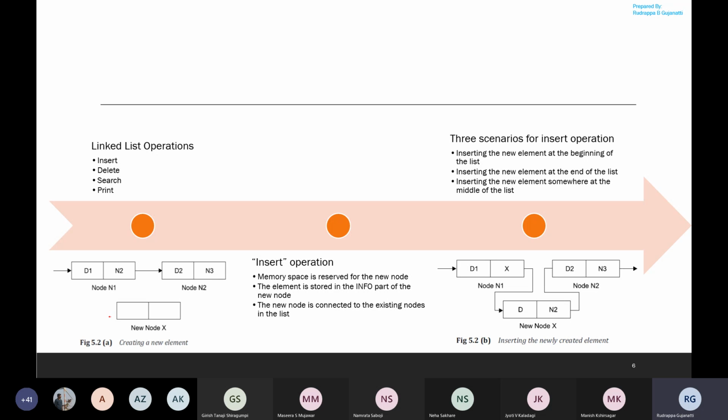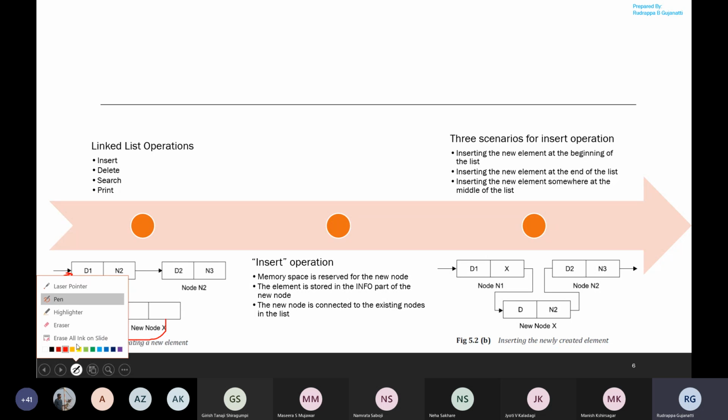Now suppose I want to add this element at the starting of the list. So there are two elements in the linked list. I want to add this element at the starting of the list. So here what changes will be happening? First, I should access the address of this node, and that address will be stored over here. So by this, you have the logical connection between the new node and its immediate successor, that is node 1, what we are representing over here. So this is the update you will be doing.